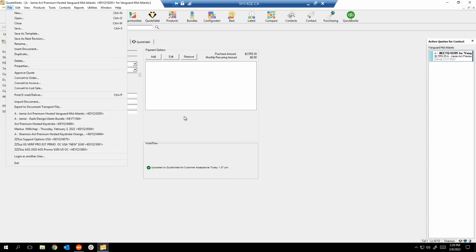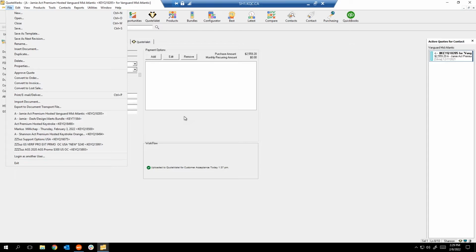At the very end, a little wizard that you go through, there's an option to allow that document to be opened by another Quotewerks install that is not necessarily using the same licensing. By default, that's unchecked, but let's say for any reason, since you guys are a Quotewerks reseller, if you wanted